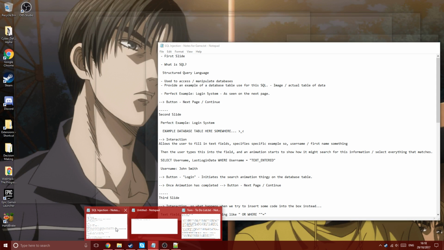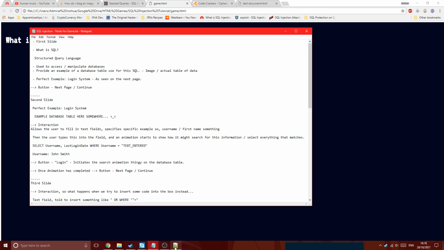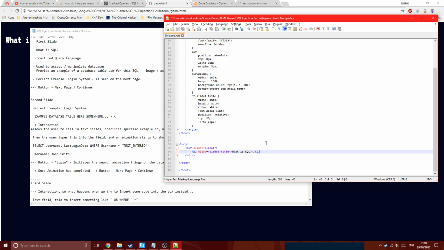Did we decide on an actual explanation in the end for SQL? Oh yeah, doesn't matter, I've got some bullet points here, we're okay. For recording, we're going to talk about SQL, which stands for Structured Query Language. I'll have to take away the white space, but hopefully it will automatically remove it for me. It is normally used to access and